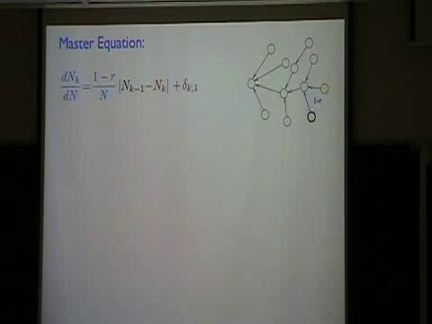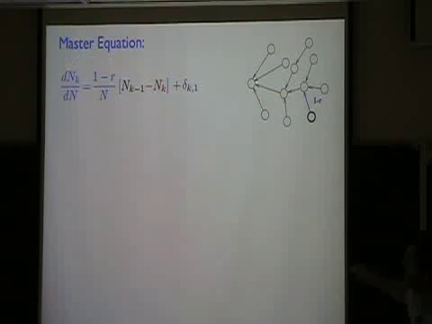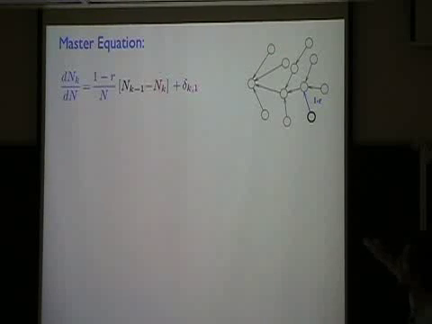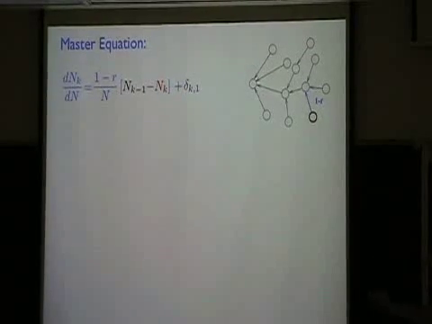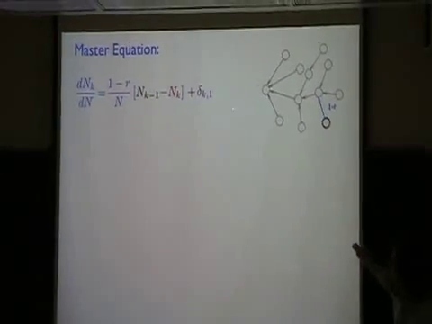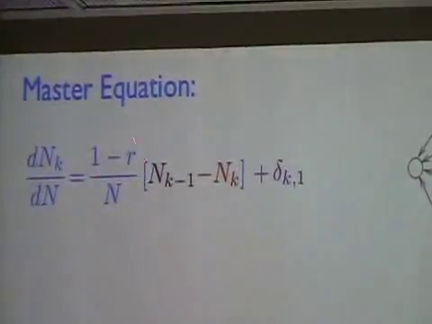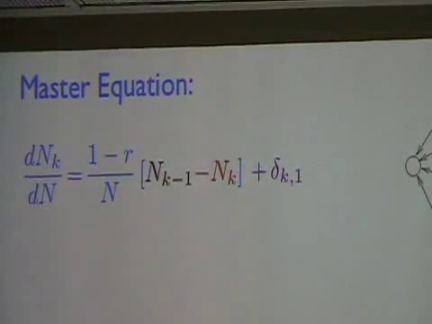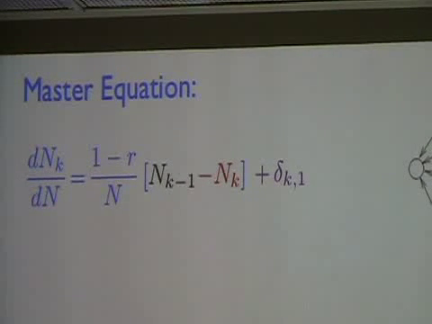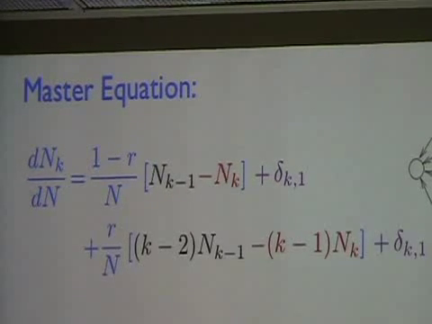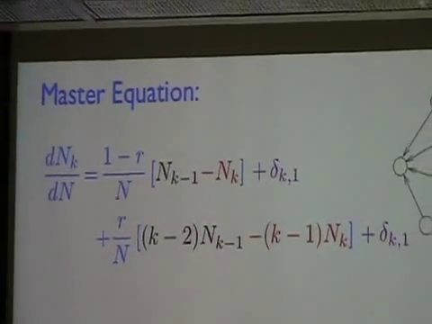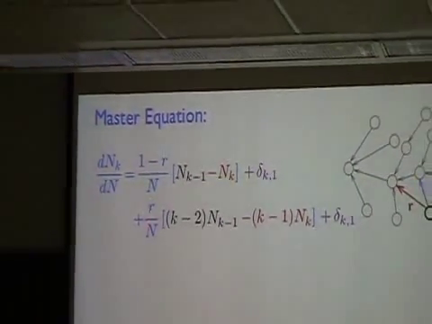So there's a little cartoon to help us understand what's going on. What I have right now is the master equation for the non-redirection part. So for the probability 1 minus r, I just attach to a random node. So I take the master equation for the random recursive tree, which is everything here, which we had before, and I just multiply by 1 minus r, because that's the probability I'm actually going to do this event. But with the probability r, I attach to the ancestor of the node. So there's an r sitting out in front.